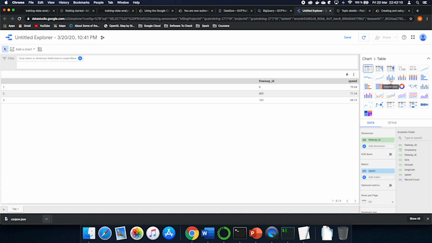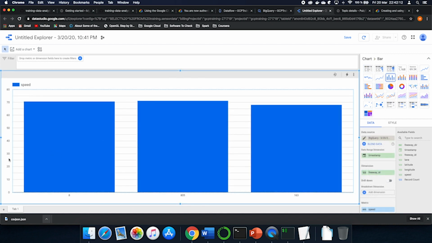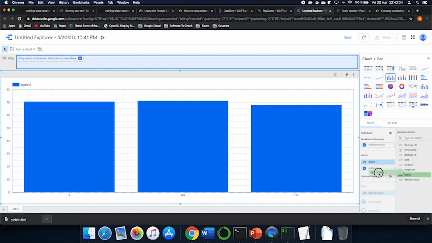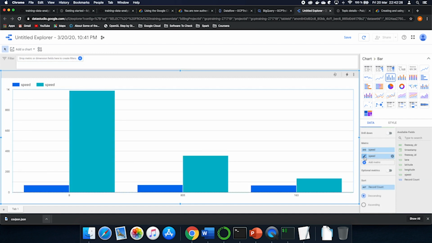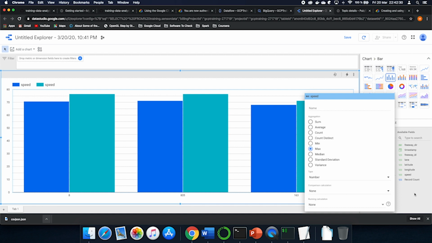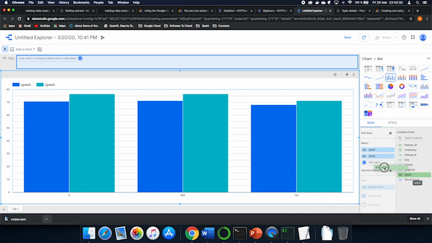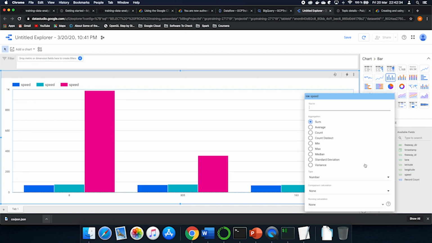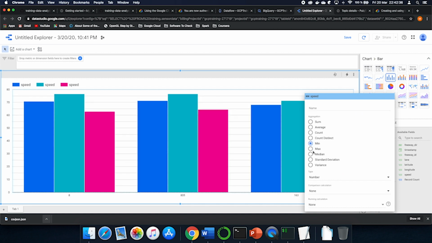Okay, let's put this in a bar chart. You have it here, 805, 863, with the average speed. We can add metrics. Again, we can add the metric speed, and we can add, for example, the max speed, and then we can add speed again and check the mean speed.